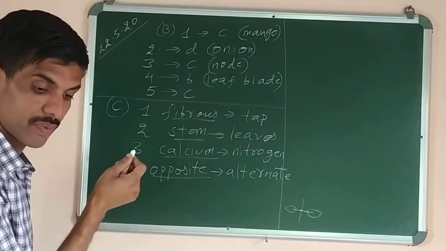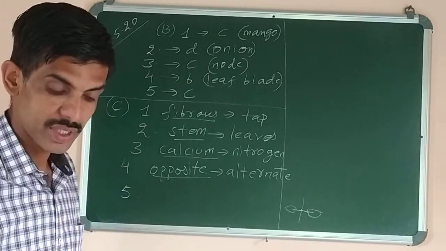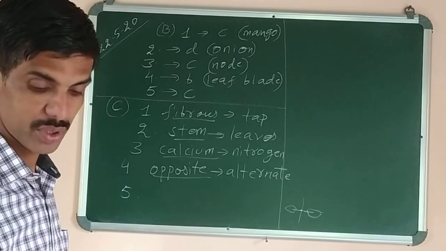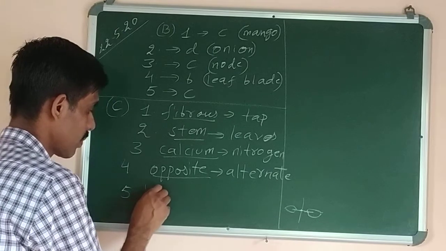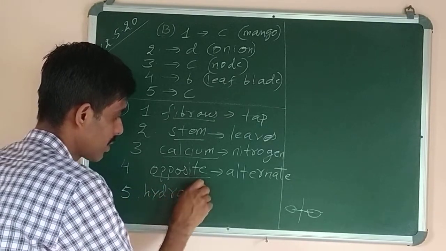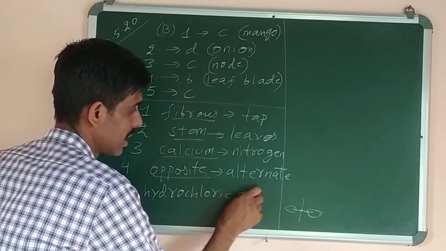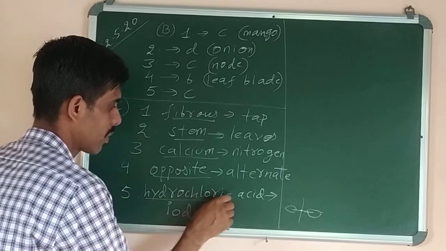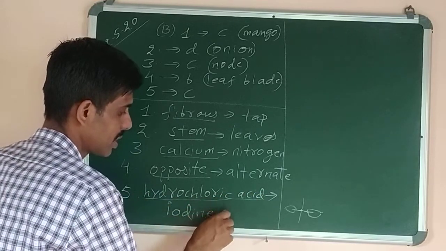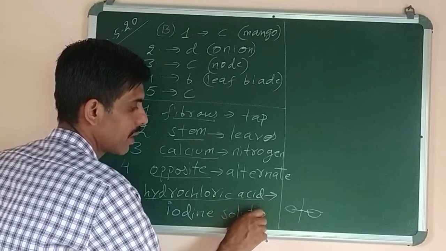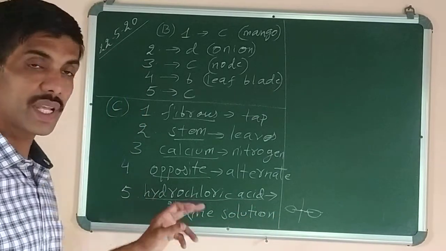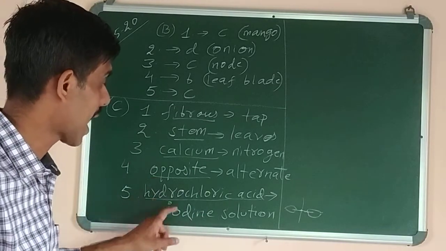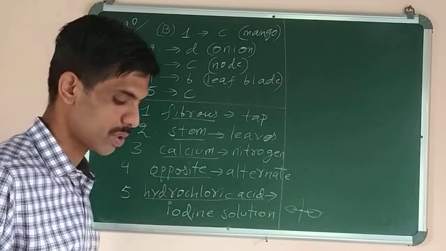And the fifth and the last of this question is, the chemical which is used for color change in a starch test, this is an experiment based question, is hydrochloric acid. So we have to change the word hydrochloric acid, and we have to write there iodine solution. This is the underlined one. Iodine solution is the name of the chemical which is used to test the presence of starch in the leaf. Okay? The name of that chemical is iodine solution. It's not hydrochloric acid.